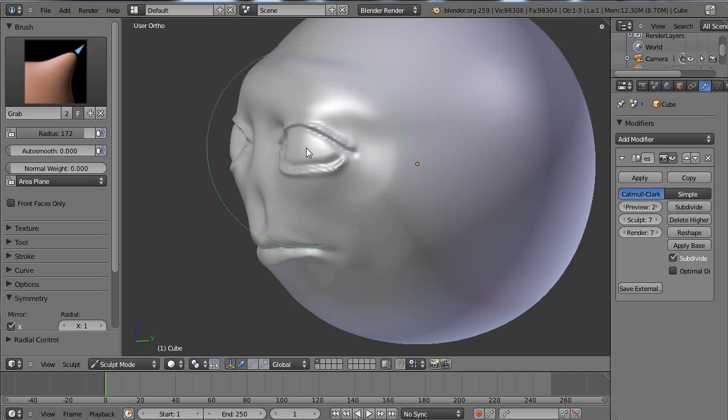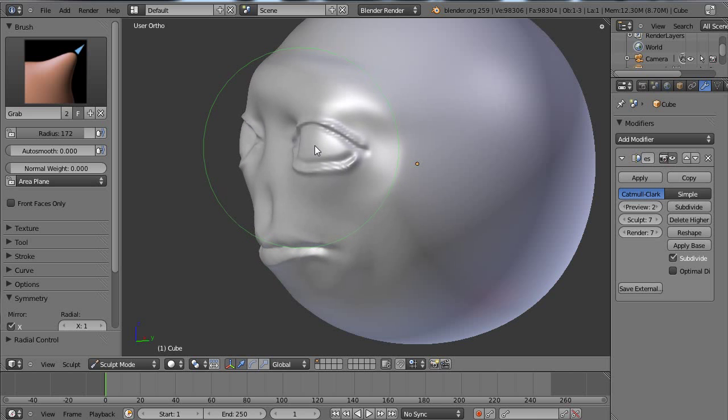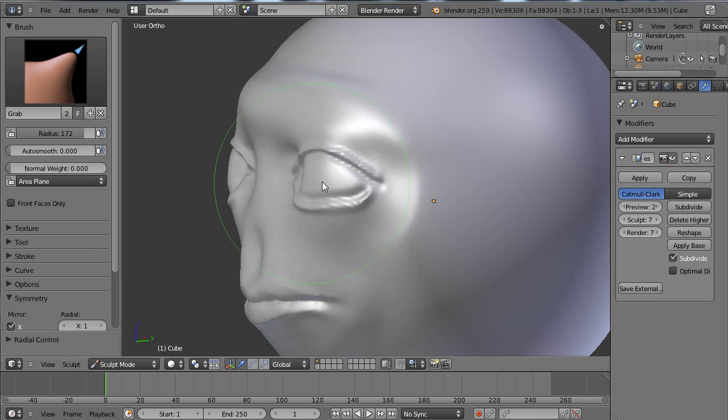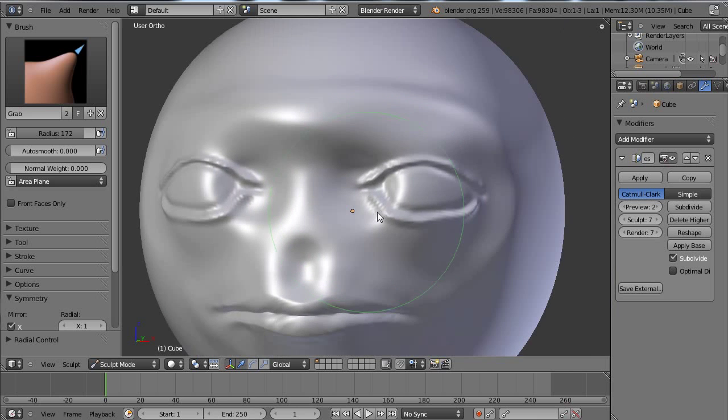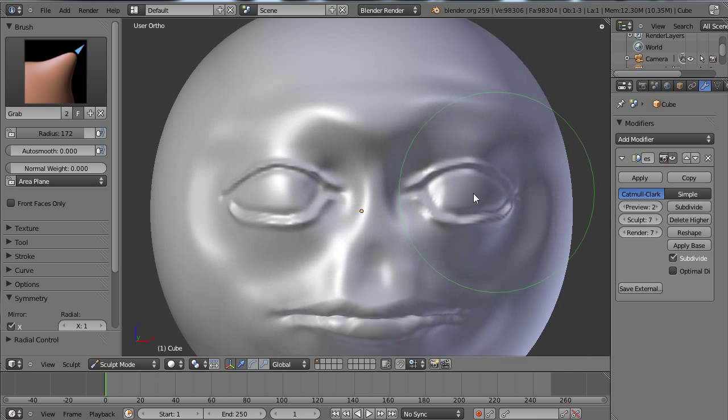They are sticking out a bit, so bring them down, back in a bit, and bring them in towards the centre as well.